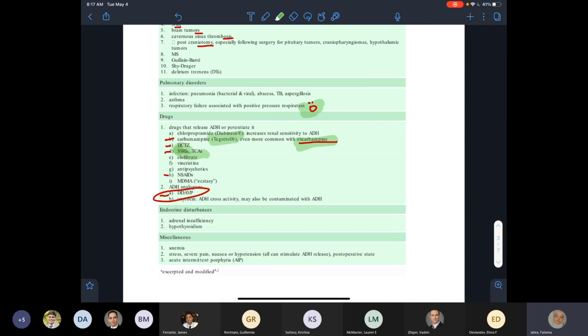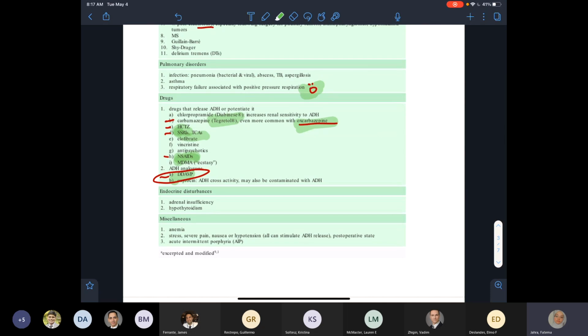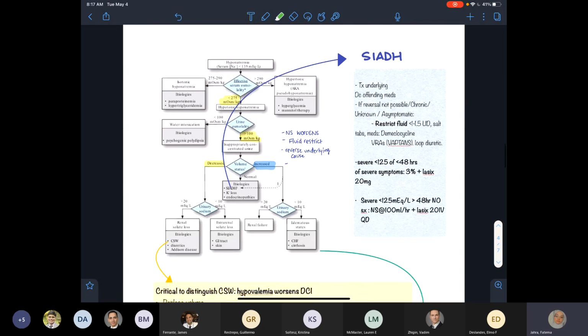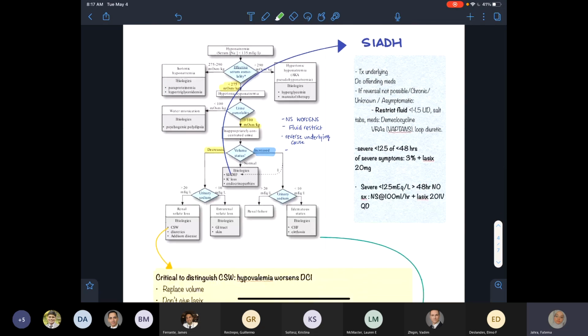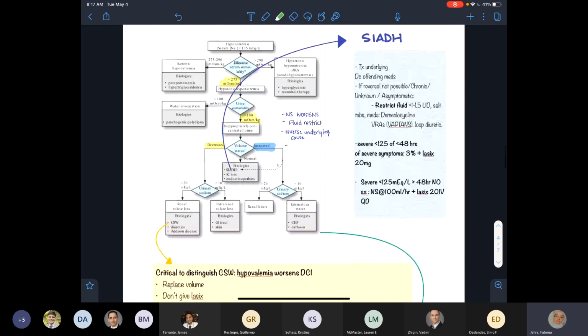I never saw vincristine in any of those, but I never really correlated NSAIDs with hyponatremia, so now I'm going to. And you can give DDAVP too much to cause SIADH. So this is the treatment, and I focused on the treatment because everything else, like the hypo-osmolality and glucose elevation, you can just fix the underlying problem, and that's kind of the solution for it. I just focused on SIADH treatment